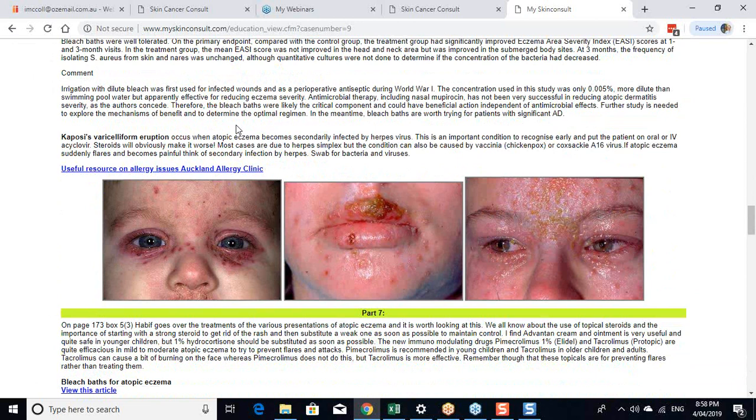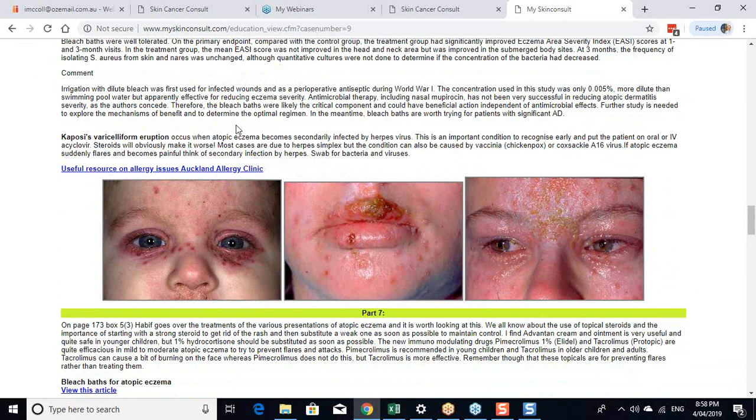I think they're of some value. They're mainly in patients who get a lot of secondary infection. A bleach bath 2 or 3 times a week can reduce the colonization of staphylococci on the body surface. And if there's less of that superantigen from the staph, it can mean that there's less flaring of their eczema. So moisturizing is important when they come out of the bleach bath, but bleach baths can be of value in reducing